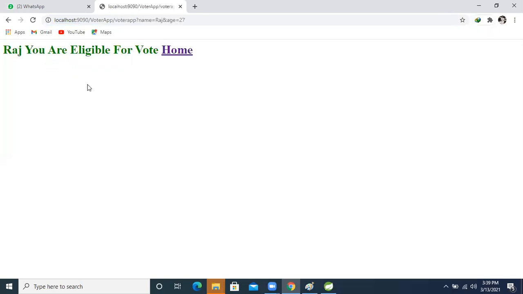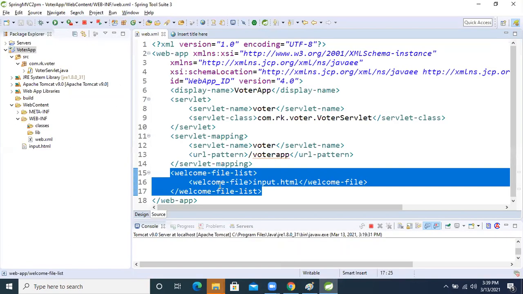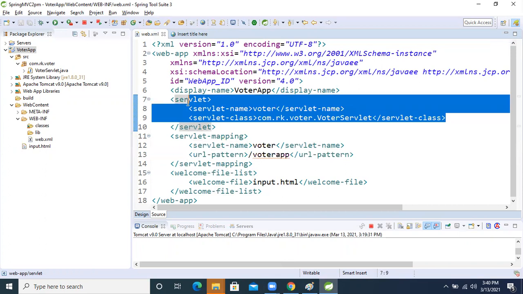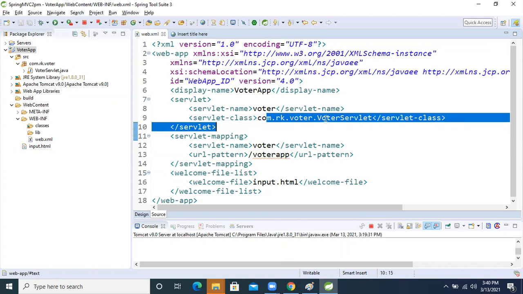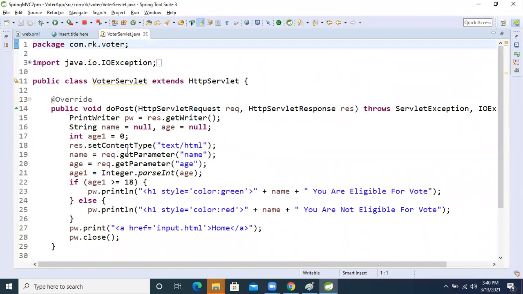Based on that, our container is presenting this form. Here we fill in the data. After submitting, what's happening now? Whenever we make the request, it comes to web.xml using this URL and this logical name. Based on the URL and logical name, it sees that the servlet configuration is there, so it goes to our servlet Voter class. Our container instantiates this class.